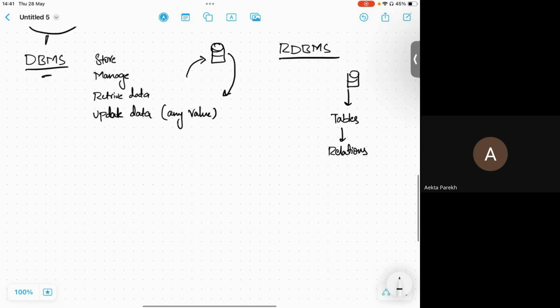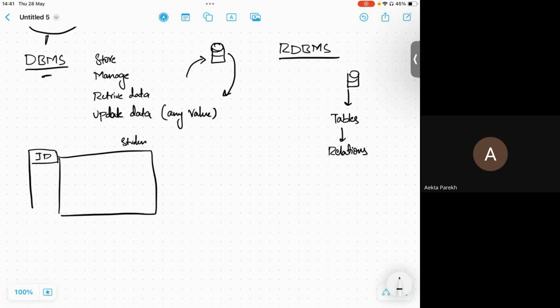Going back to the previous example, if we assign each student an ID, one, two, three, up to any number, and we have name, attendance, and so on.